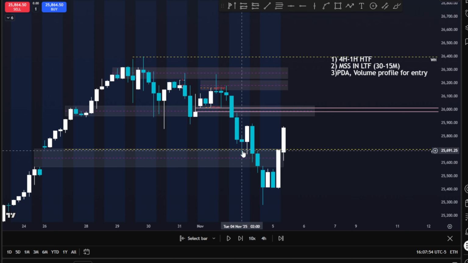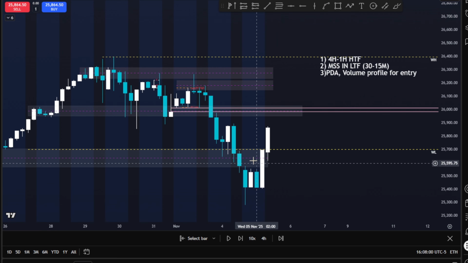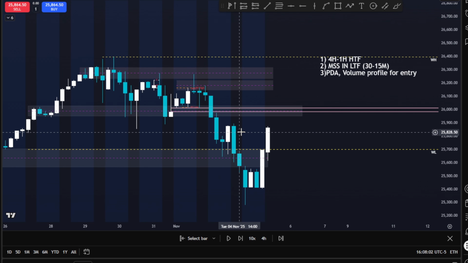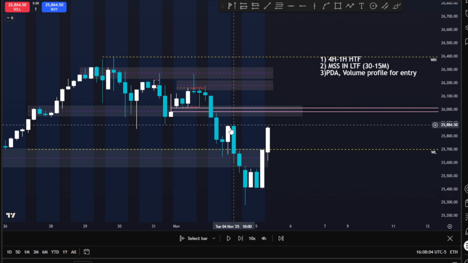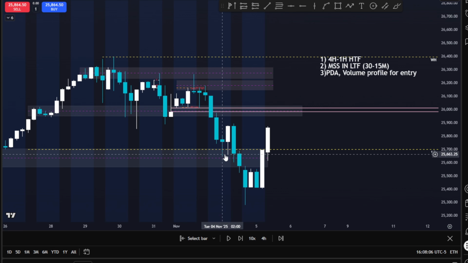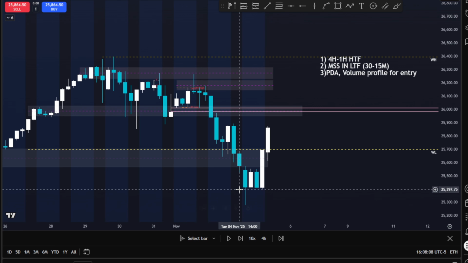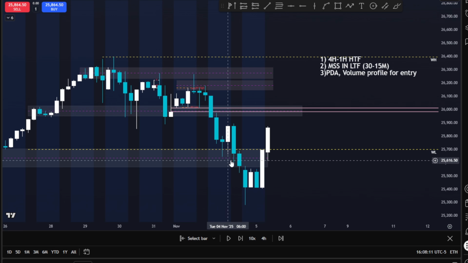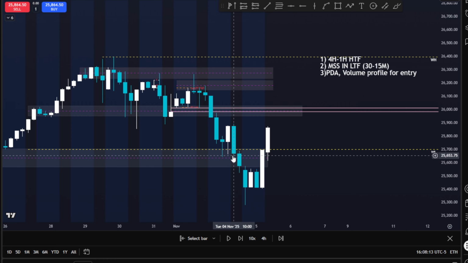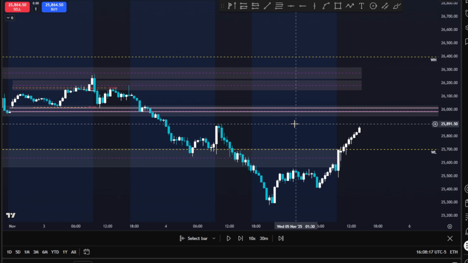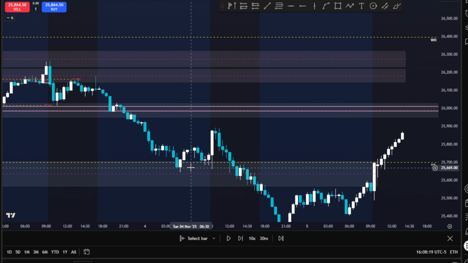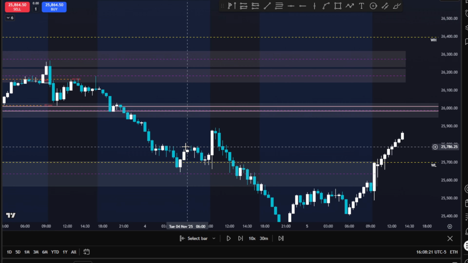So we want to see if the price is going to go back up, tap into this breaker block, and then move lower, right? So we can take a look to see if there's some sort of trade we can either short into this breaker block or some sort of trade for continuation lower. But if we want to short into the continuation, we need to make sure there is a clear market structure shift. So jump into 30 minutes, we can already see once market opens,